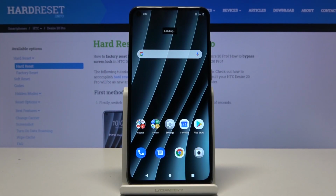Welcome, everyone. This is an HTC Desire 20 Pro, and today I'll show you how to put the device into safe